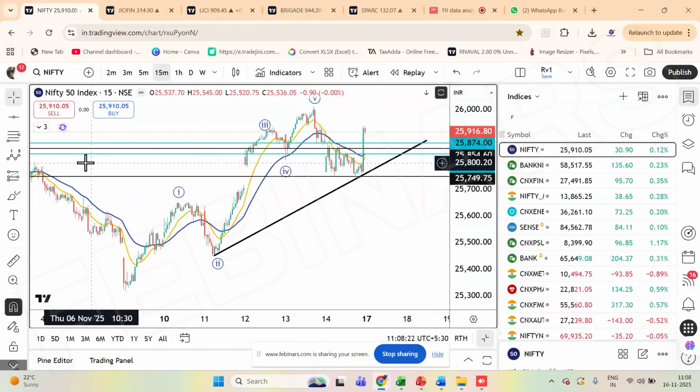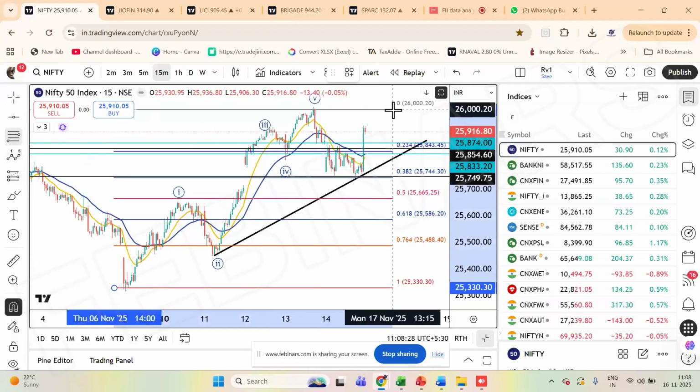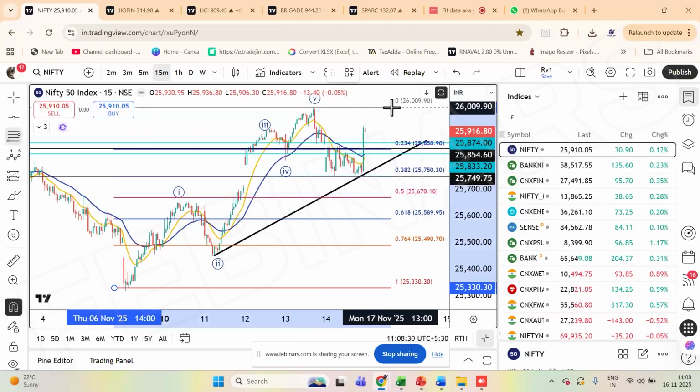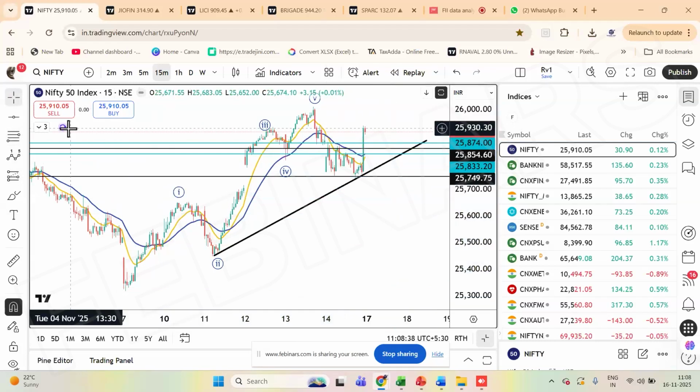Wave 3 has started, and we are able to see a retracement of somewhere around 38.2, exactly near the golden ratio. The retracement has been done. So this is the base, and what we are seeing here,